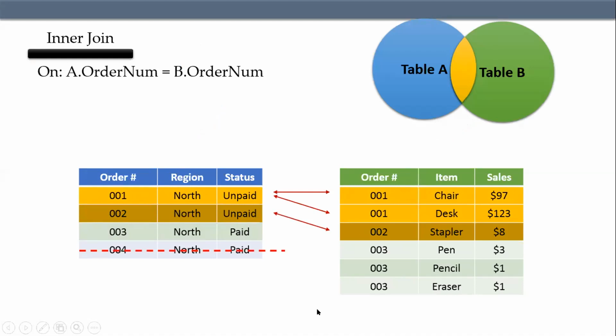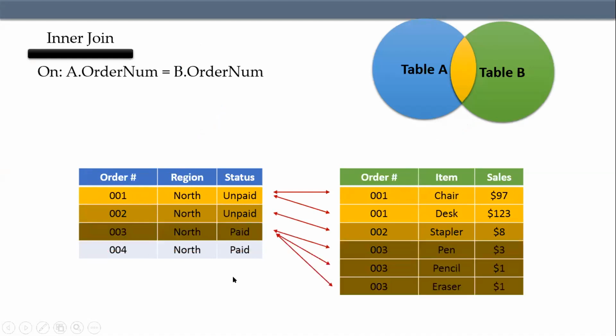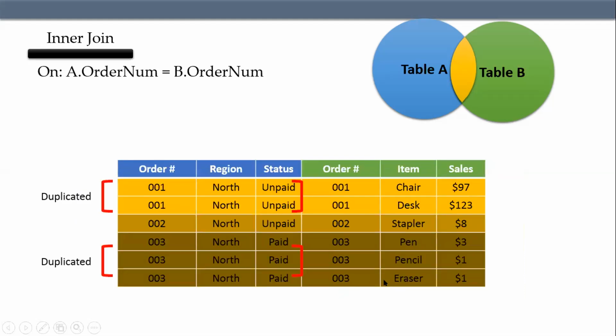For 004, there is no record which is matching. For 003, there are three records. So I'll have in total 1, 2, 3, 4, 5, 6 rows in my output. There's nothing matching for 004. So basically, the left hand side got duplicated over here. That is what is called duplicates in terms of joins.